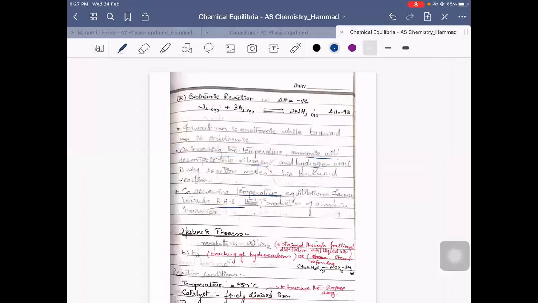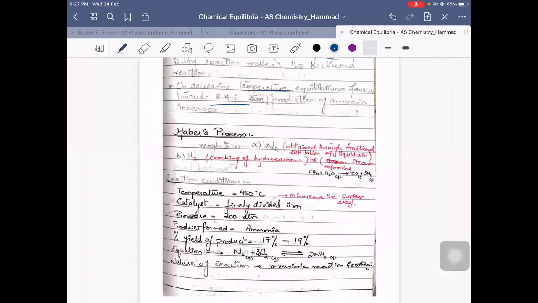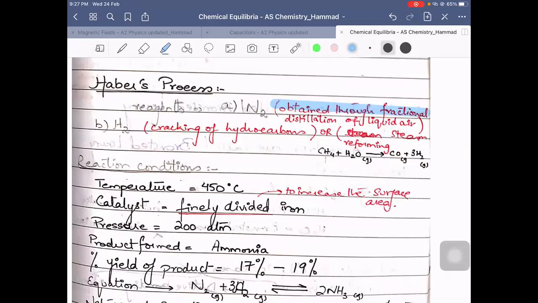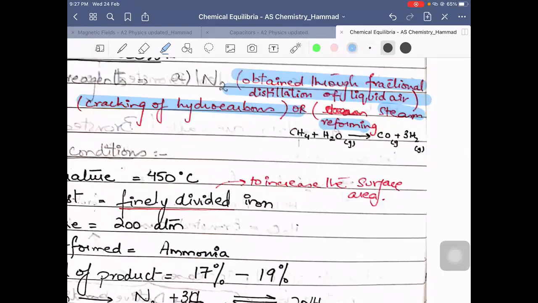Haber's process is the manufacture of ammonia from nitrogen and hydrogen. Please understand that nitrogen is obtained through fractional distillation of liquid air, whereas hydrogen can be obtained from cracking of hydrocarbons or steam reforming. Steam reforming is a process in which an alkane mixed with gaseous water provides you with carbon monoxide and hydrogen gas. One of the major products is carbon monoxide, which is poisonous, and this is the reason why